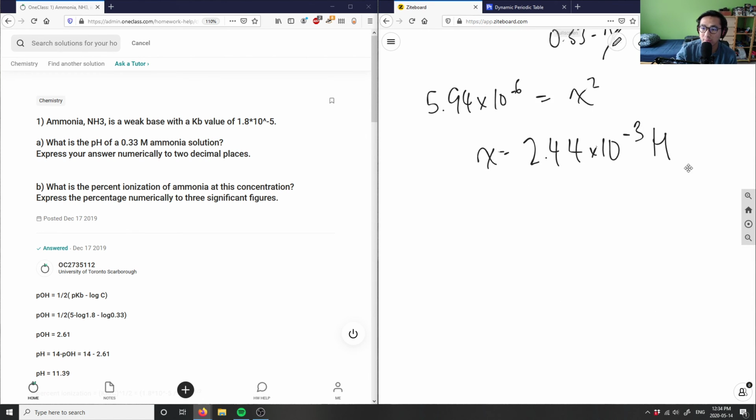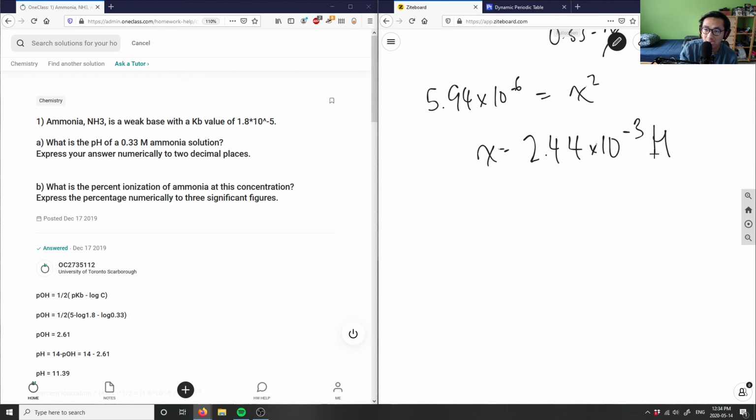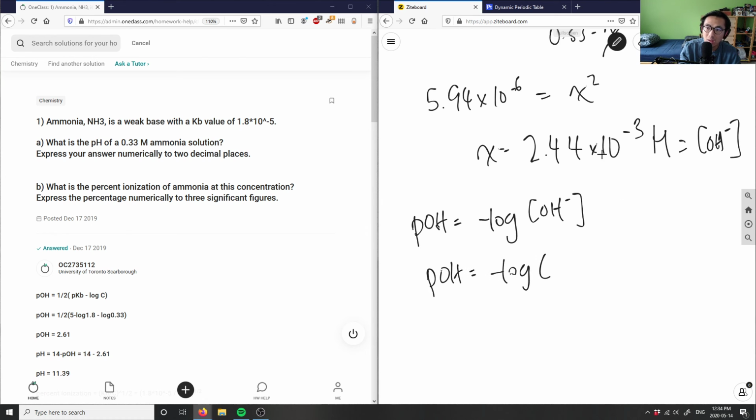And what I can do now is I have this molarity here. I know it also equals my concentration of hydroxide, right? So I can simply solve for the pOH before I solve for the pH. pOH equals negative log of the hydroxide ion concentration, which is 2.44 times 10 to the negative 3 molarity. I'm simply putting that into my calculator. Negative log of this will give me